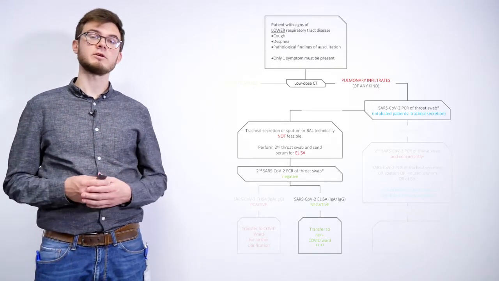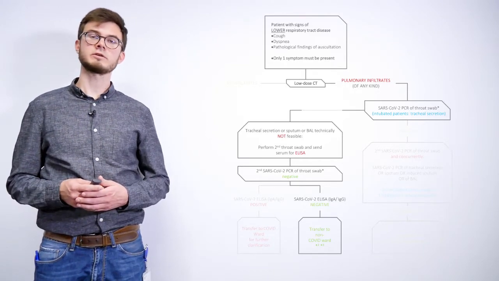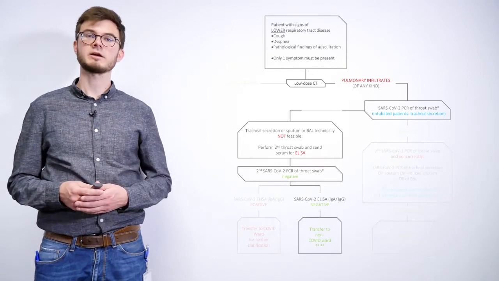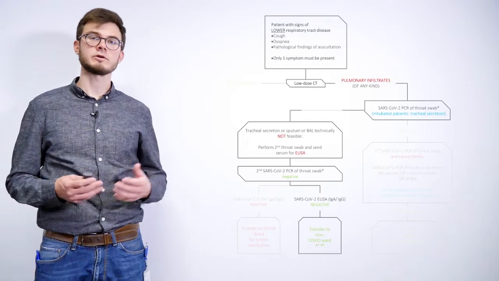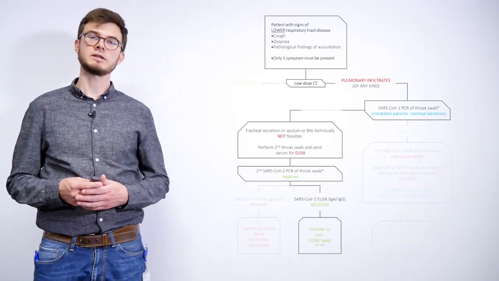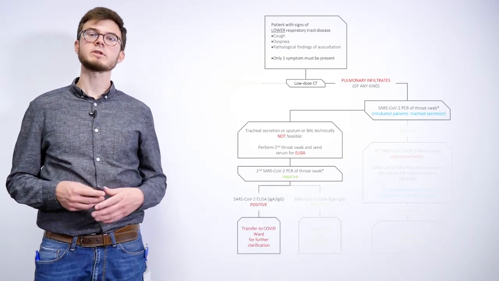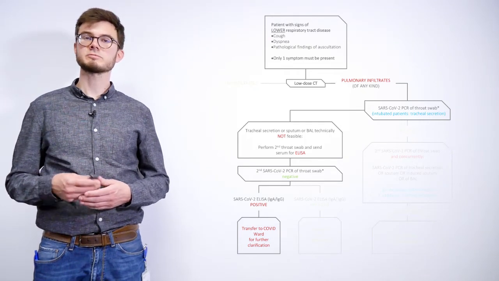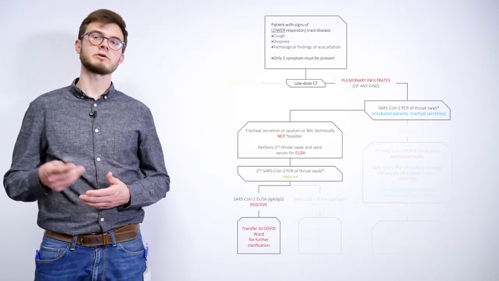If both of these tests result negative, we're able to say that we have ruled out COVID-19 disease in our patient and can transfer him or her back to the respective ward of the specialty. If, however, one of these tests, and especially the antibody ELISA test from the serum sample, results positive, we'd like to keep our patient on the COVID-19 ward, which is specialized on treatment for these patients,